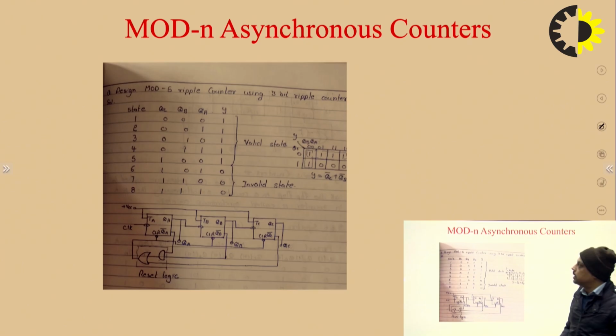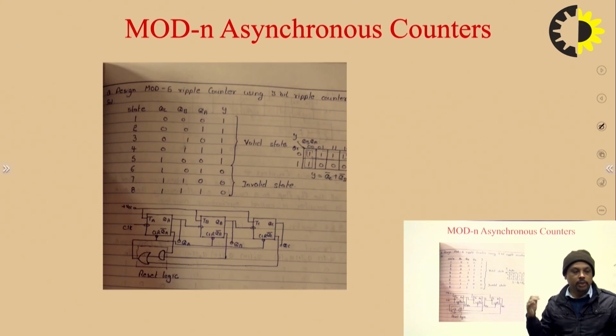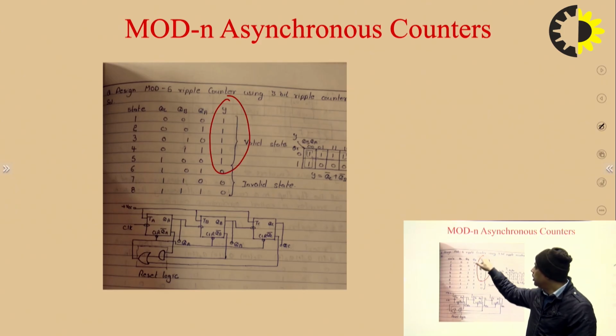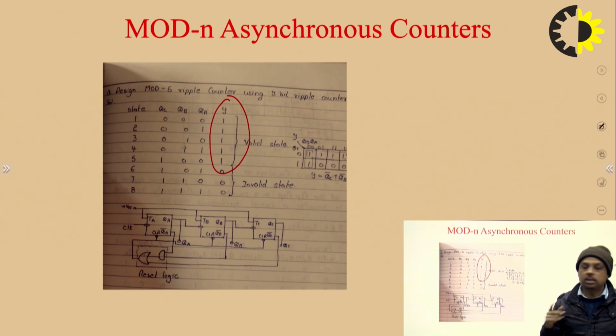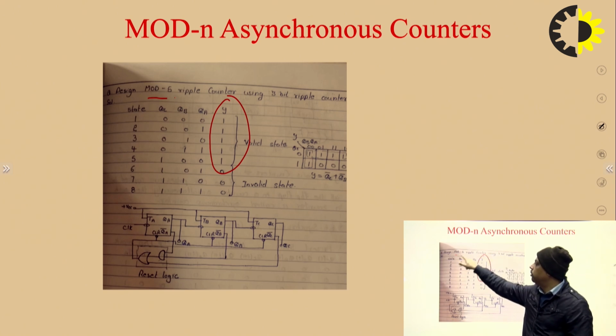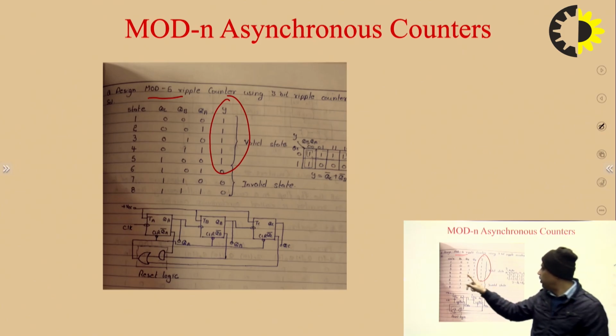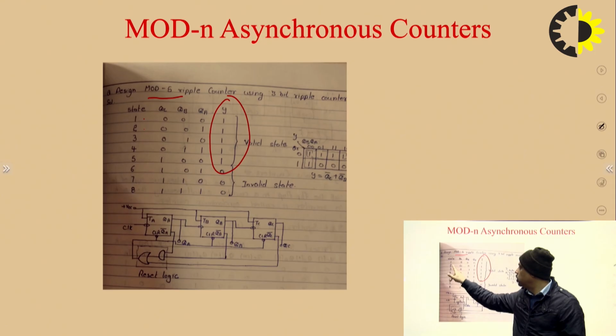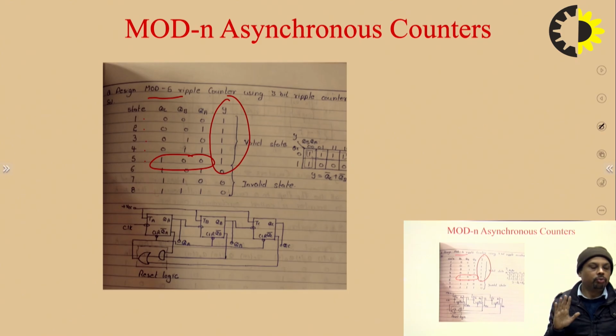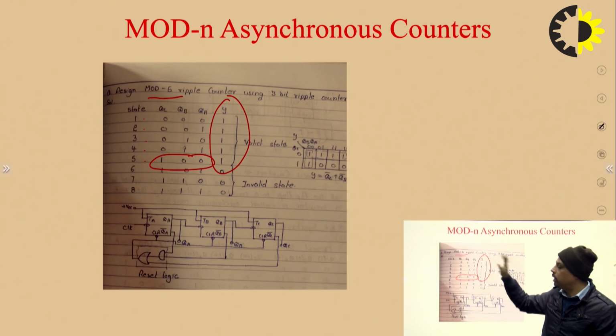In the last case, if we want to run the counter for a particular number of states, not for all the states for which it is designed, we can have an output Y over here. Suppose we want to run this counter up to mode 5, that is, states 0 to 4, which is 5 states. So in this case, we have an output Y, and we put Y equal to 1